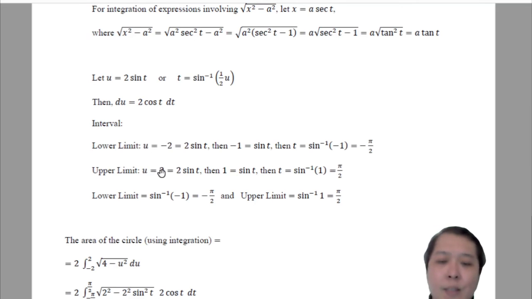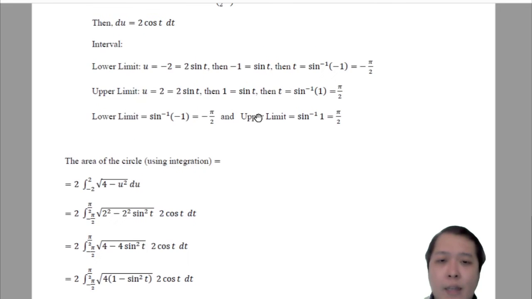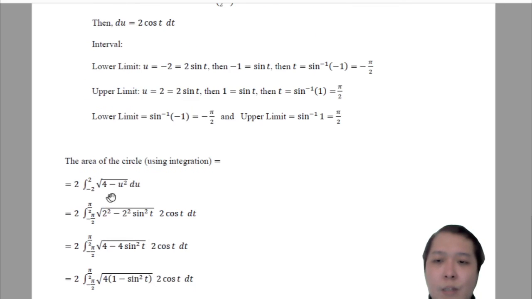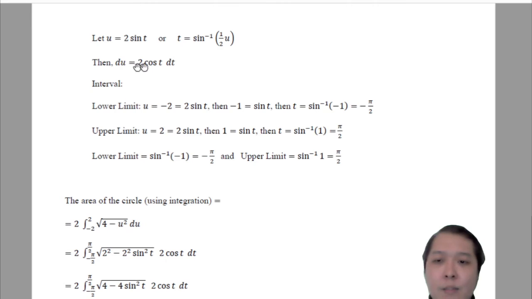And let's say u is 2, what is the t value of this one? And then after we are done with the interval modification, we put them here: minus half pi until half pi. Awesome. And also the u substituted by this, and do not forget the du, because it's just dt, but